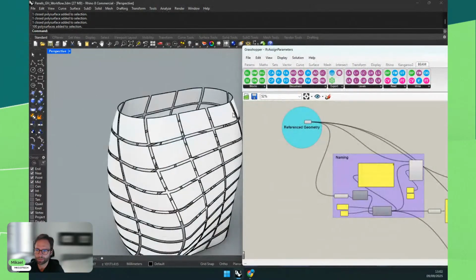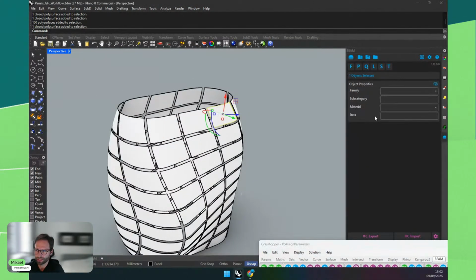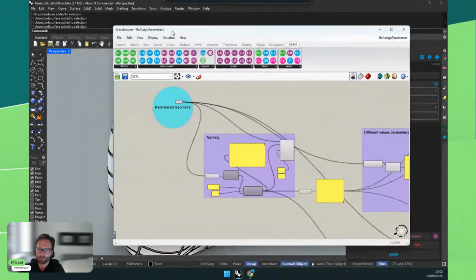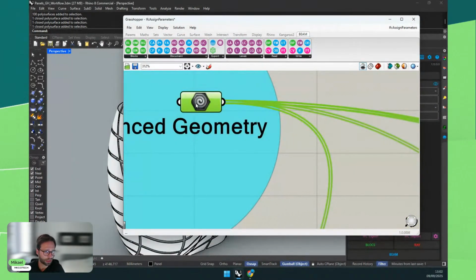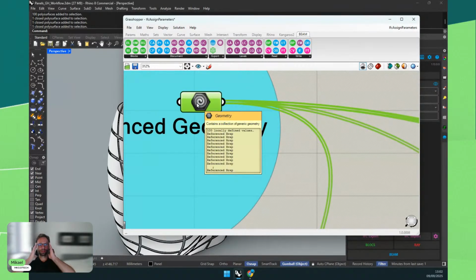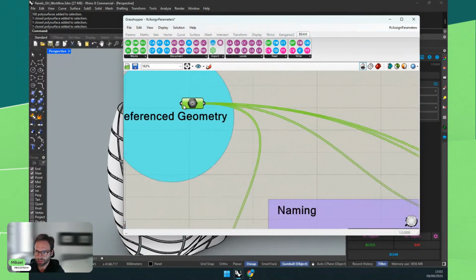So I have these panels. They don't have anything associated with them. Just surface geometry. So first, we will reference this information by using the geometry referenced node. It must be baked geometry. If it's not baked geometry, all the data assignment nodes will bake the geometry, but they are, let's say, smart baking. So as you change the Grasshopper script, they will rebake the information. We can do one from scratch just to show that.